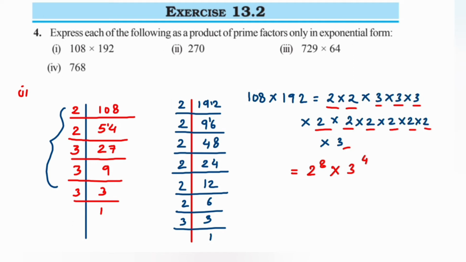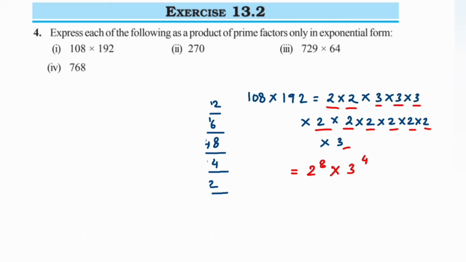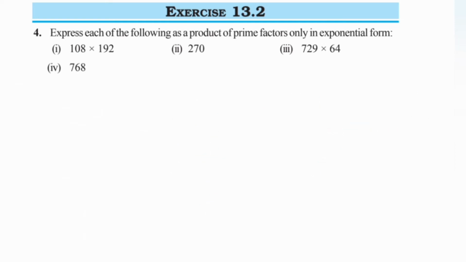We'll start with the second question, which is 270. So second question, we have 270. We have to do a prime factorization of 270 here. So we'll write down 270. Now 270 is an even number, since it's ending with 0. I'll start from 2. So 2 1s are 2, 2 3s are 6, 1 is a remainder, we'll get 10. So 2 5s are 10.